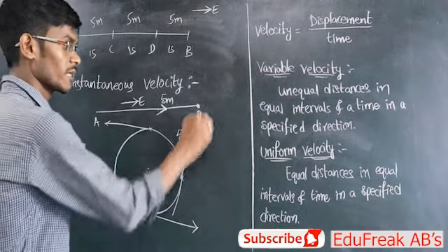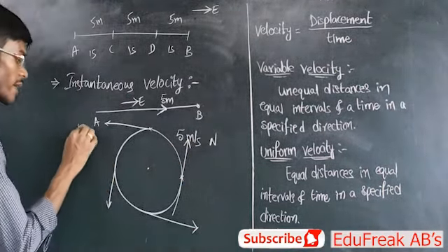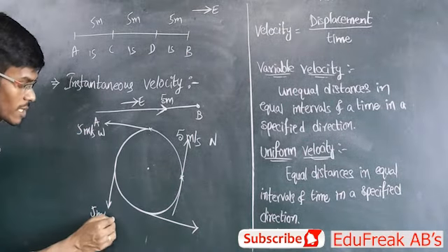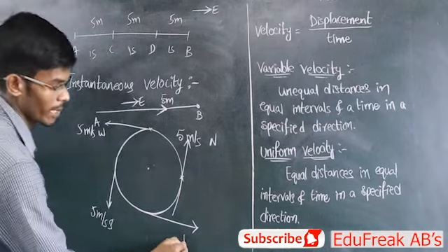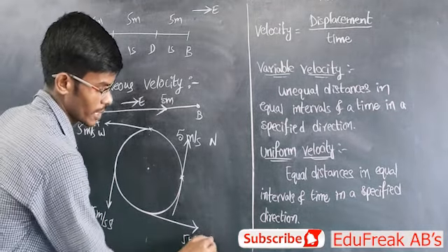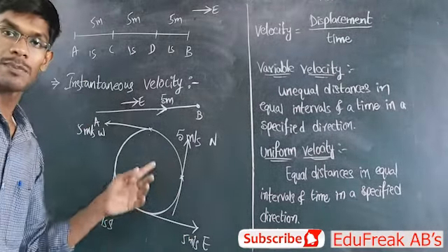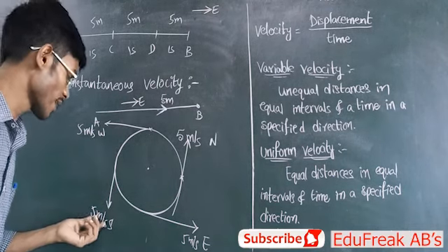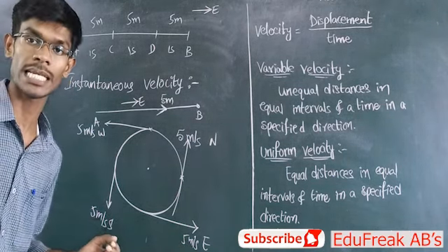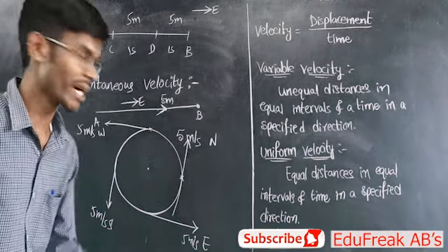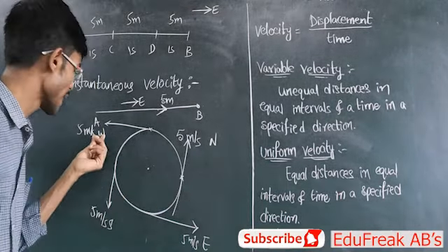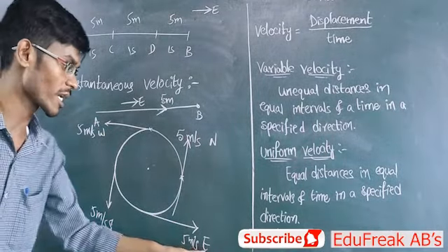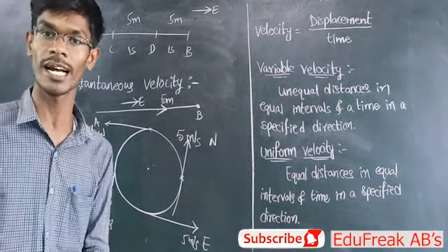Observe here, this is towards north, and here 5 meters per second towards west, 5 meters per second towards south, 5 meters per second towards east. By looking at this picture, what can we say? 5 meters per second, 5 meters per second, 5 meters per second, here also 5 meters per second. The magnitude is the same, but when it comes to the direction: north direction here, west direction, south direction and east direction. Is the direction changing or not?